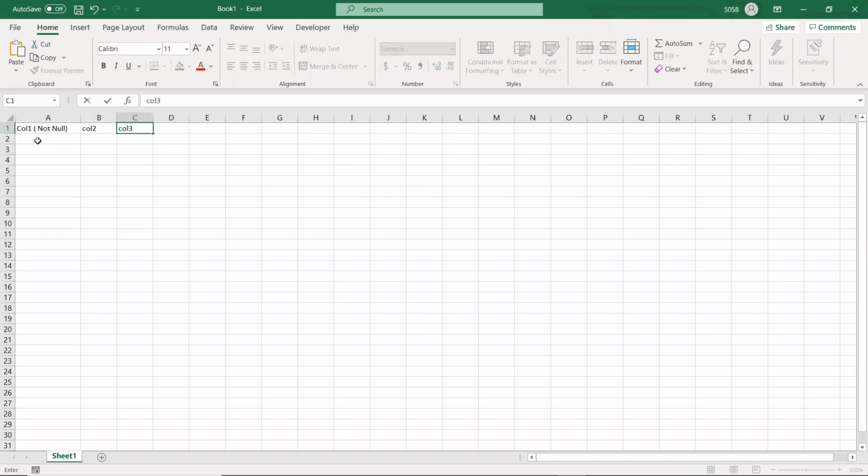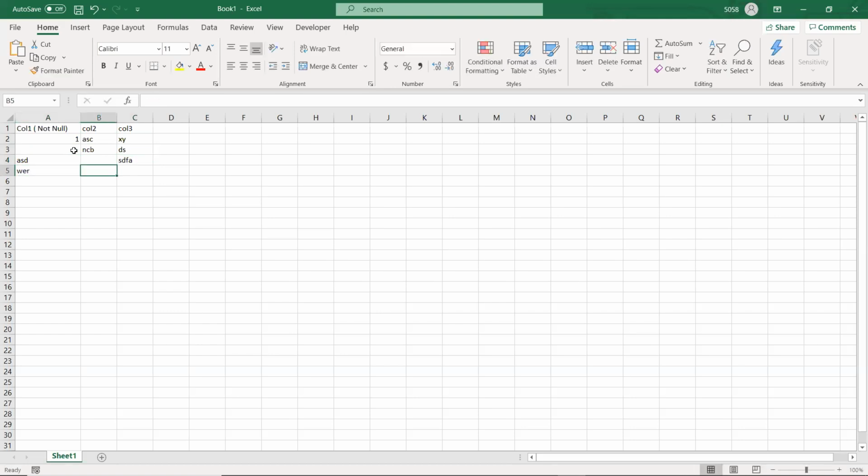So let's say call 3. If I say this column is not null, what this means is, suppose I have rows 1, 2, 3, I cannot skip one value and then go to 4. So let's say we have a row where we have data here, we are missing data here, and we have data here as well.